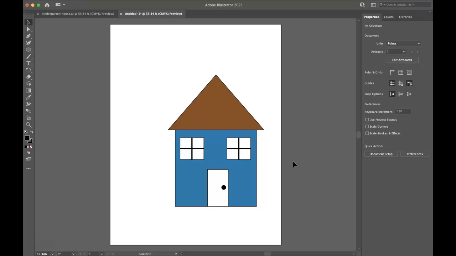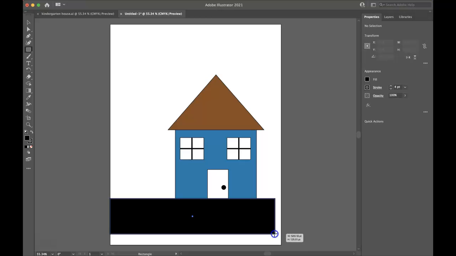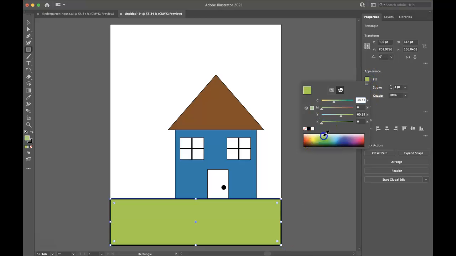And only using shapes. But now I would like to put a background in. So I am going to put some grass. So I'm going to just use a rectangle for grass. Change it to green. There we go. And one thing I can see though,